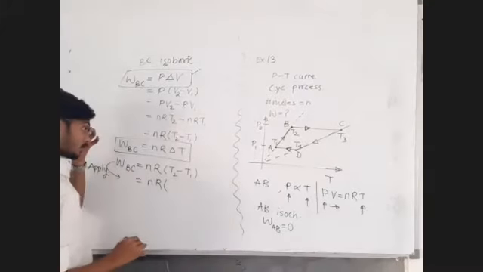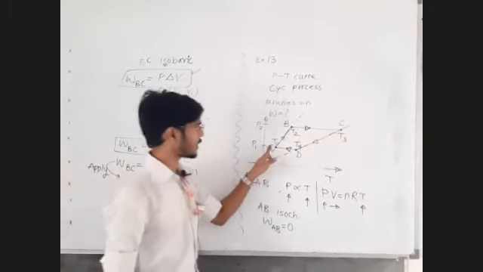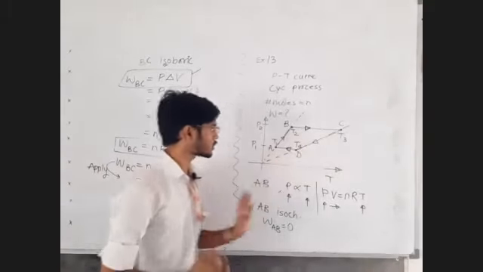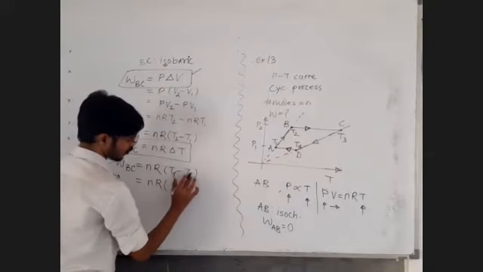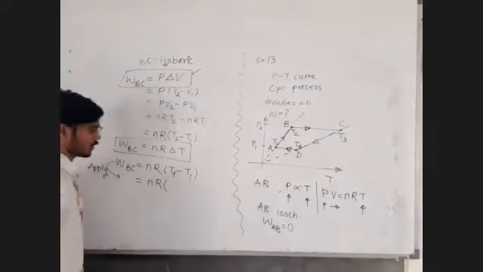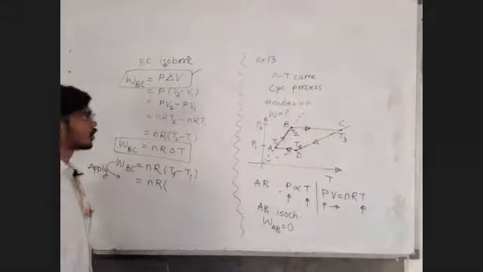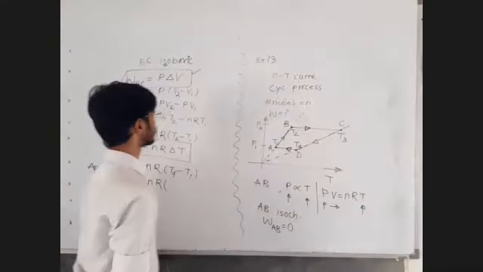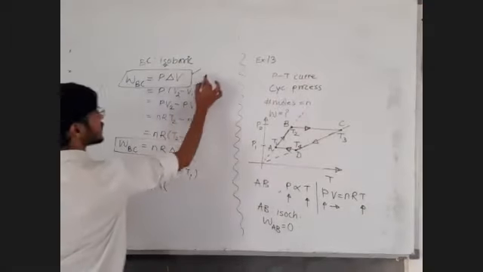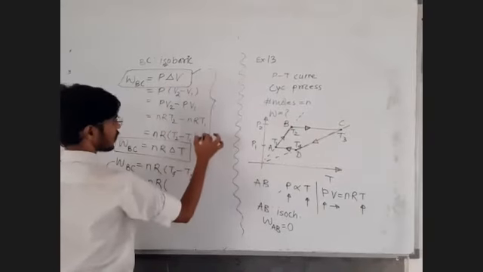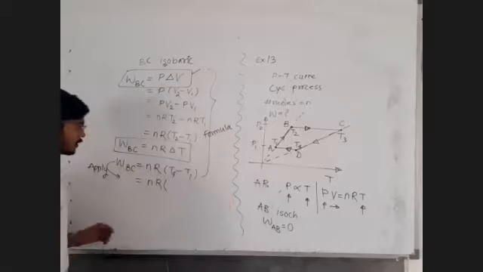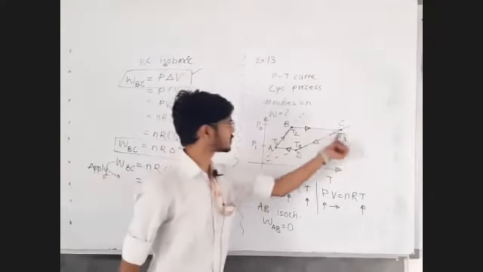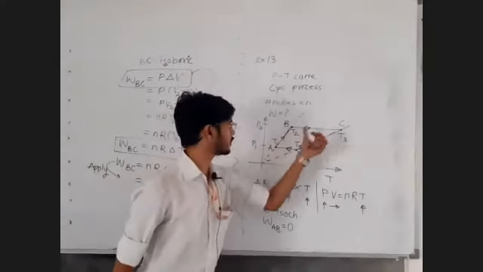And if it is confusing, because T1, T2, T3, T4 notations are already used, then you can modify this formula as final minus initial, because it might confuse you with this T1 and T2. Okay. So all these are just formulae. After application, we will get this T1, T2, T3 and T4 in the equation.